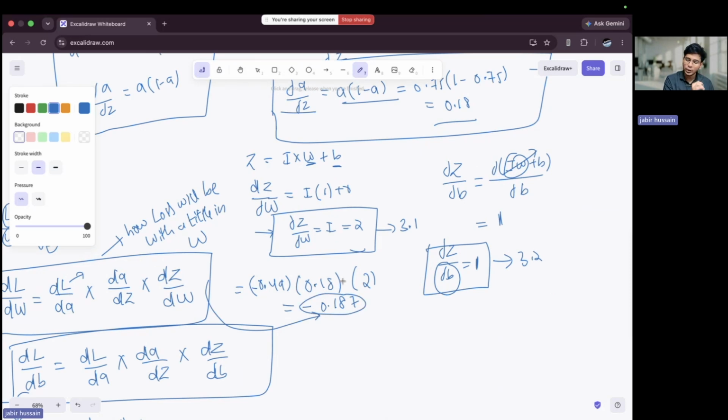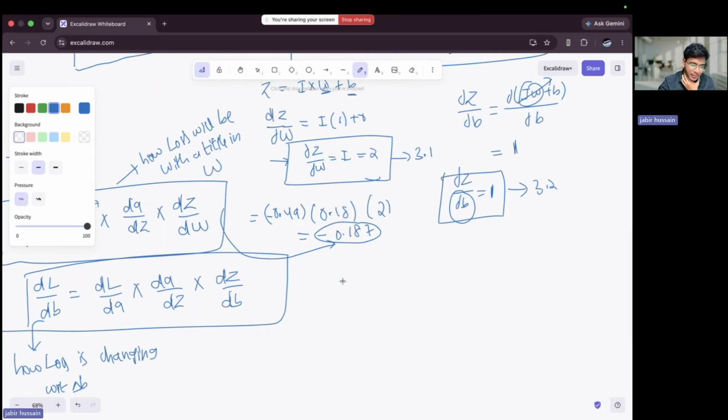Now what does this value tell us? It tells us that to minimize loss, I need to change my weights. I need to reduce my weights. Okay, and by how much I'll tell you, but understand that negative means reducing weights is preferable in order to minimize loss. Now if I have to calculate dl by db, it is like